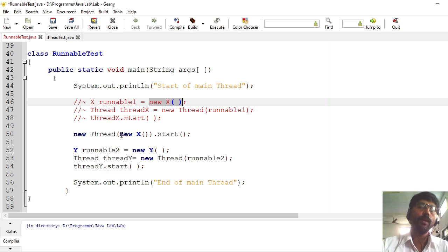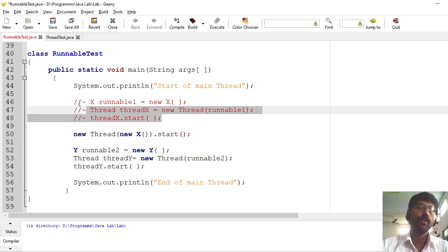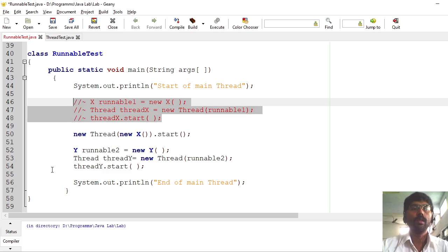Using that, it will create an object, and that object is passed as a parameter to the Thread constructor. So that is what I have done here. New Thread, I passed a parameter here. Now the thread is created. Then I have to start it using start. All three steps are written in a single statement this way. The actual meaning of this one is this one.